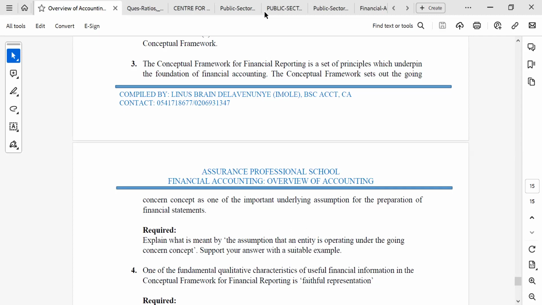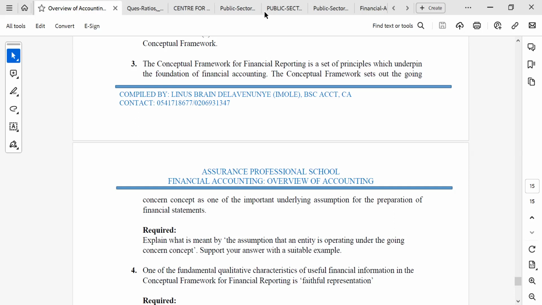So whatever balances they are having, they are taking it to the next year, and their assets and liabilities are also measured at either replacement values or replacement costs. They are not valuing their assets and liabilities at the breakup value. The breakup value is, if the entity wants to stop operating right now, what is the amount that they can realize from the sale of what? The assets. So they are using either replacement cost, or fair value to value their assets, or they are carrying their assets at historical cost.